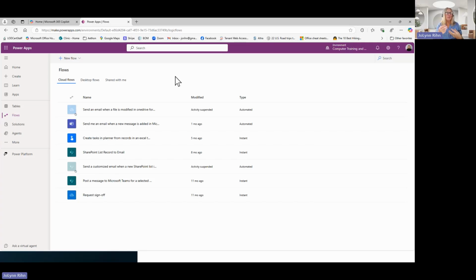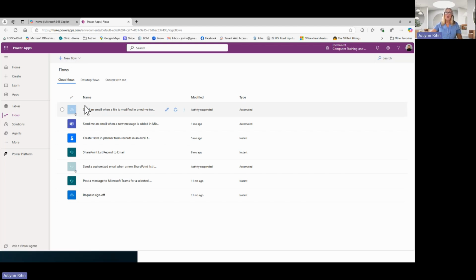Think of the things that would help you in your day-to-day job. No matter what your job title is, you might be an AR, you might be an AP, you might be the CFO, whatever your job is, think about things that you have to do regularly and see if there's something that Power Workflows can actually help you to automate. Now, we'll go through a few examples, of course, but up at the top, under flows, it says cloud flows, desktop flows, shared with me. Those are going to be the list of things that we can use to get started. This is going to be one option for you.